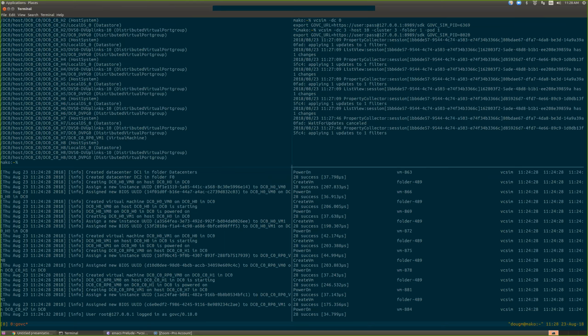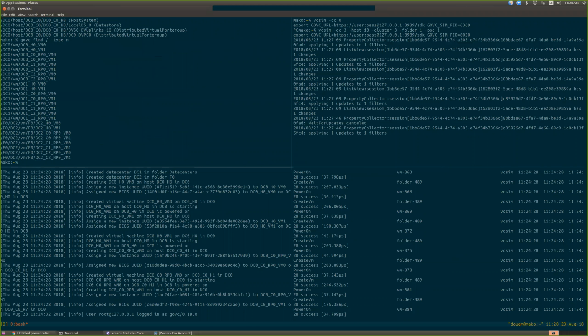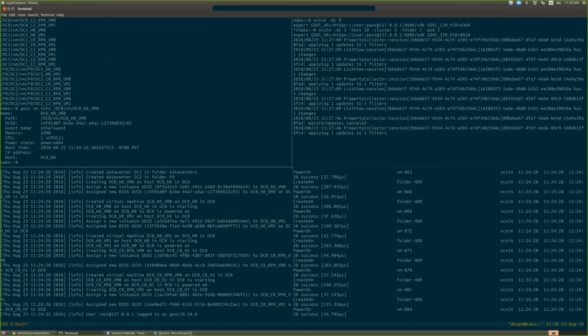And then over here is tasks -f, so I'm following all of the new tasks that are going to be happening. If we go up here, I want to find just virtual machines, so I can say govc vm.info. Take this guy. Okay, so the inventory paths look just like they do against the real vCenter. There's no IP address, which is another thing we can think about down the road. But right now it's powered on. So if we say vm.power -off,